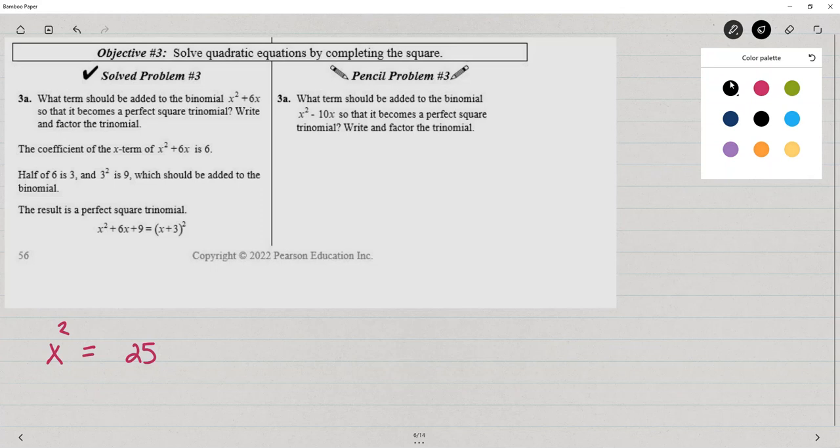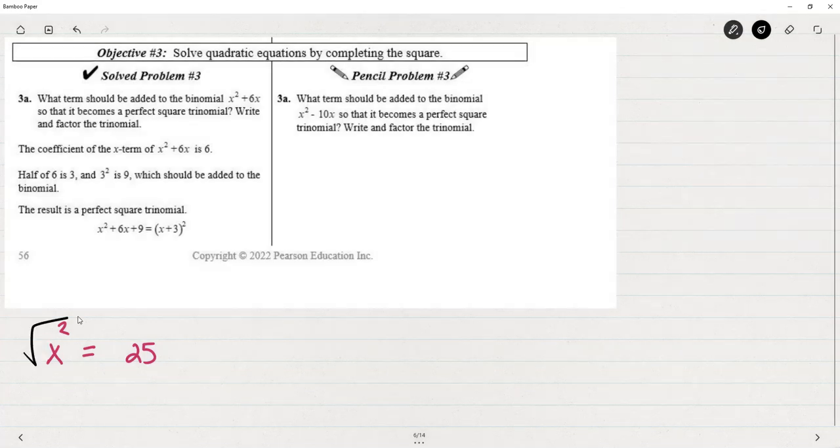You'll either need to memorize the steps, not advised, but you could, or you could keep in mind the goal, and then you might be able to follow through the process without actually memorizing the steps. But the goal is to isolate the x term, because if I isolate the x term, I can use the square root property